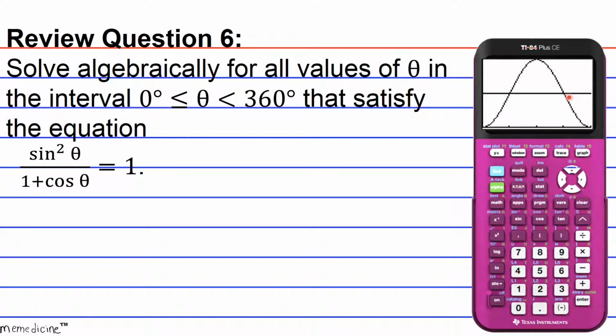But if you're unsure of the exact measurements, all you have to do is hit the calc feature by pressing second trace, and it pulls up a calculation screen which gives you different options for calculating different things in your graph. Okay, and so we're going to choose option 5 by hitting the number 5, because this is going to find out your points of intersection. And then what you have to